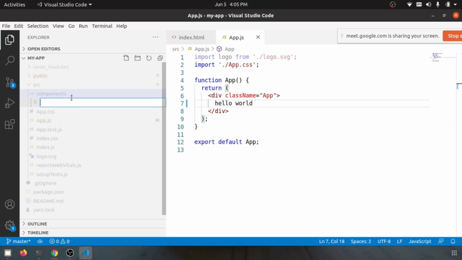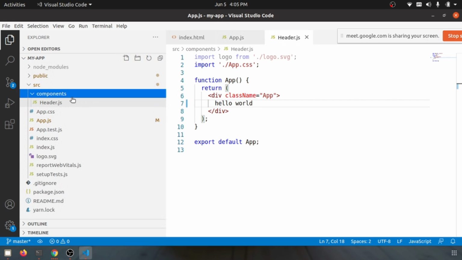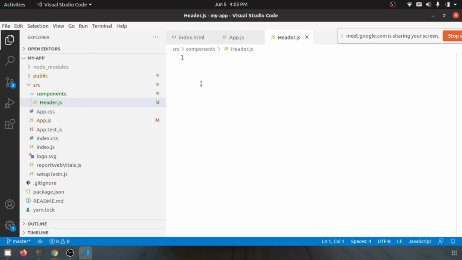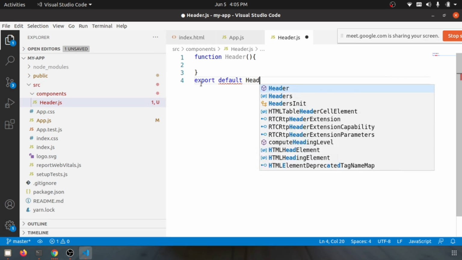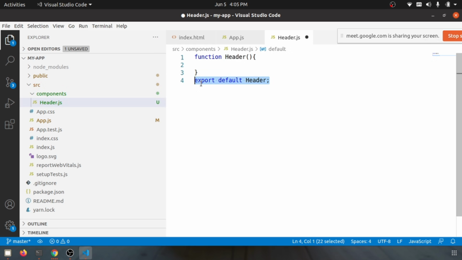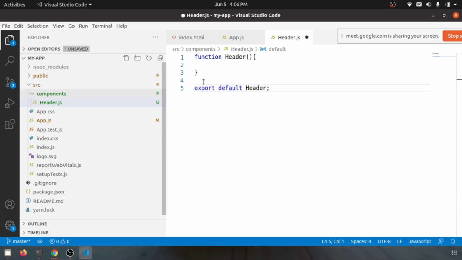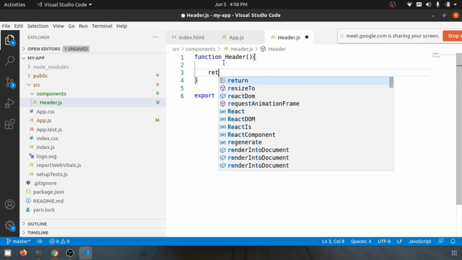and create header.js. So now we can create a function called header, and then we need to write export default header. This is important because this allows this function to be available in your application outside of this folder, so your app.js will be able to use this header component. So now we return it,